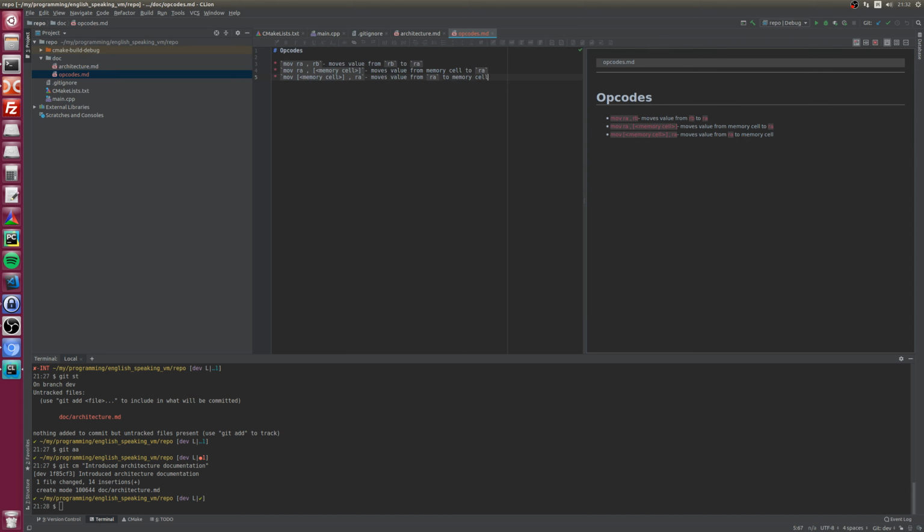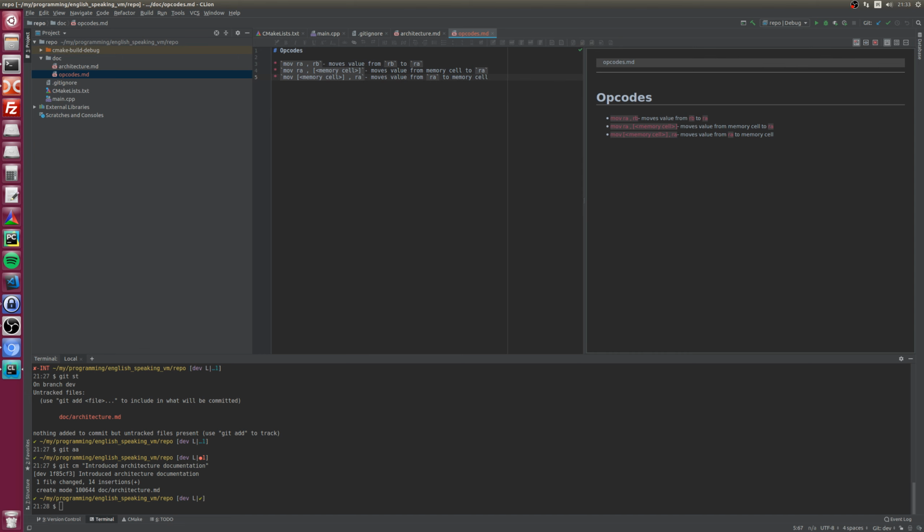So, as you probably know, I will base this mostly on x86 architecture because why not? I kind of know it, but I probably don't. But yeah, we'll see.